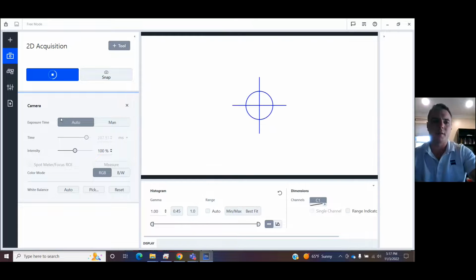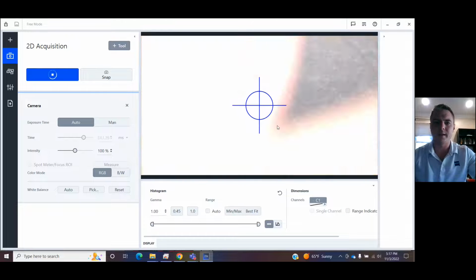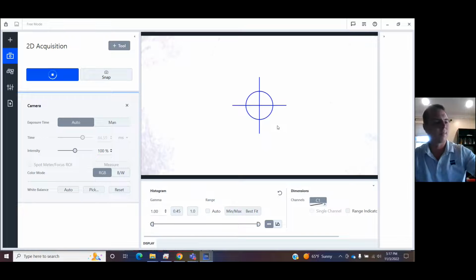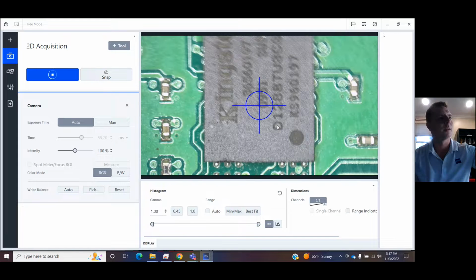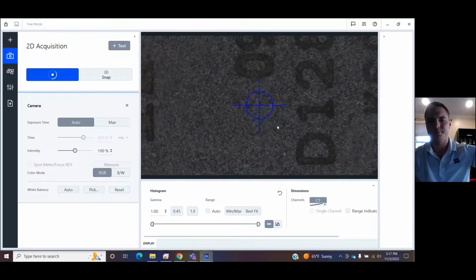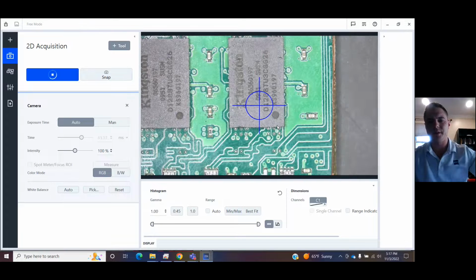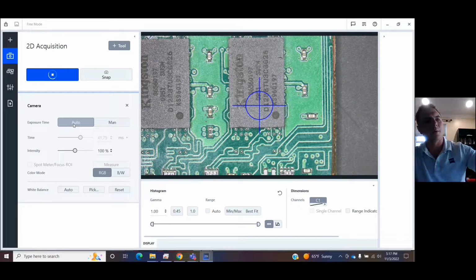So, we got our live image right there. Flash my hand under it just fine. And we will put down our sample. And zoom out, zoom in, all that good stuff. So over here we have auto exposure, meaning if I were to turn down the light